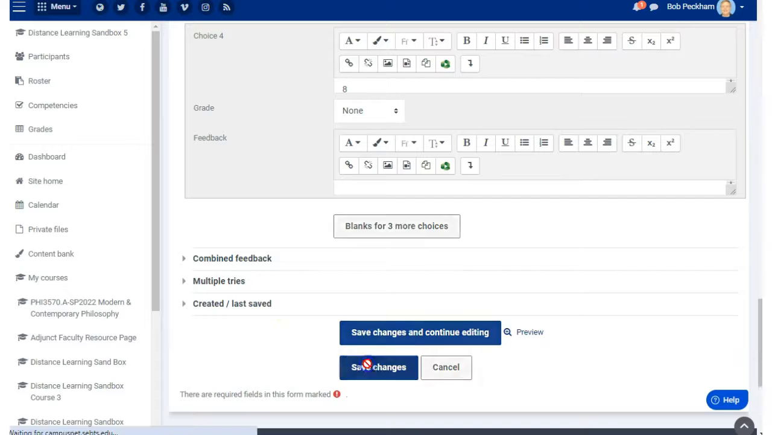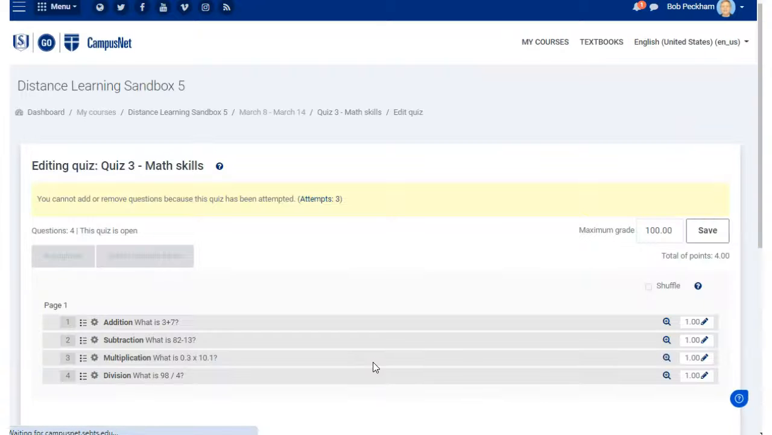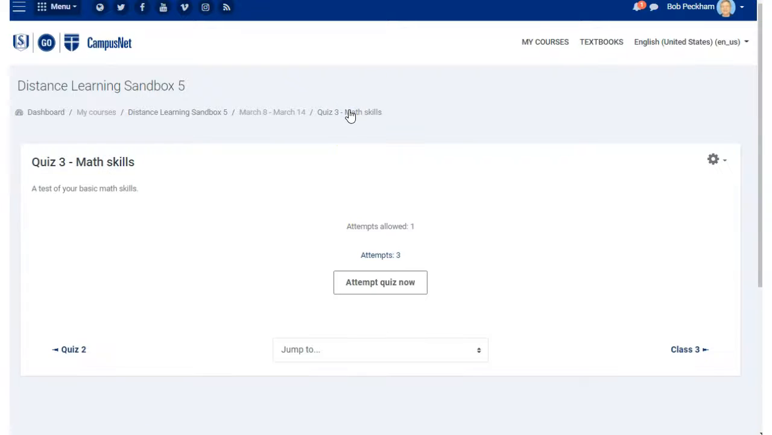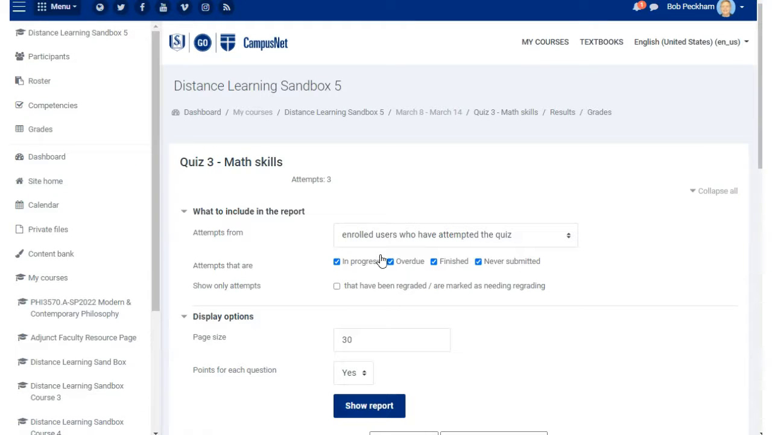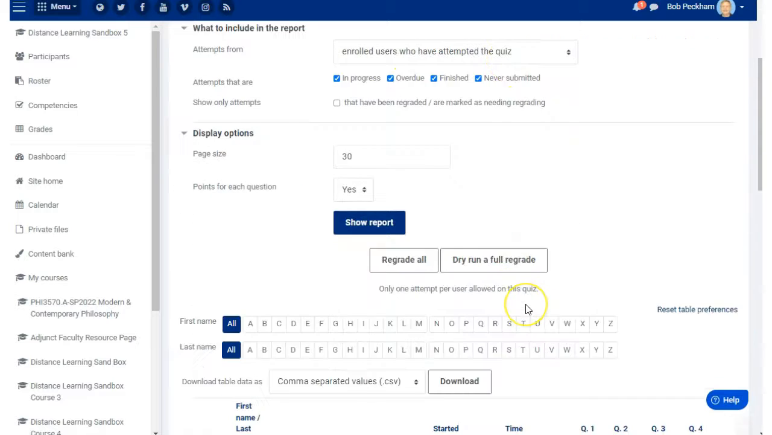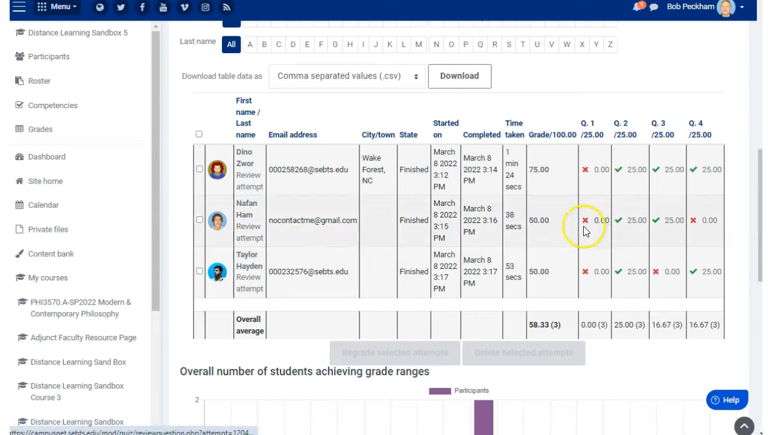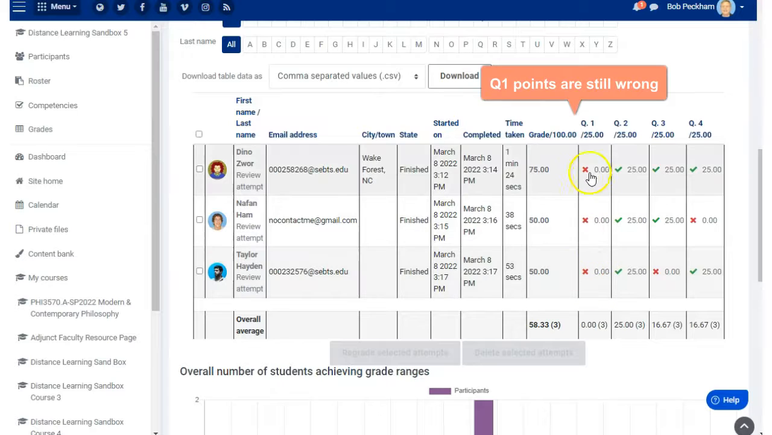This will also correct the answer for the question in the question bank. Now go back to the quiz and click it. Then click the Attempts link again to see the report for enrolled users who have attempted the quiz. You will see that the student's correct answer is still marked as wrong. This is because we need to do a regrade of the attempts so that our correction is reflected in the